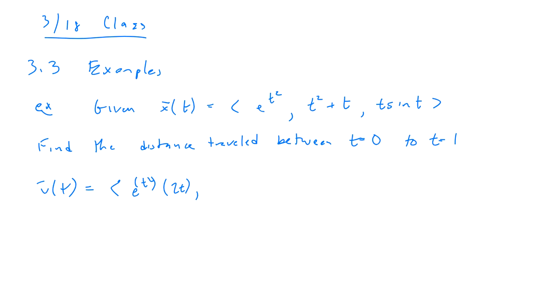Take the derivative of the middle one, easy one. And what do I need for the derivative of the third term? Product rule, yep. And so therefore I'll take the derivative of t, leave sine alone, leave t alone, take the derivative of sine. So there's the velocity. And then similar to 3.1,